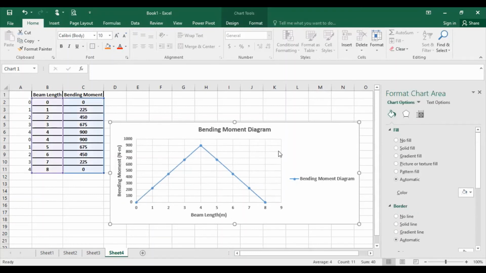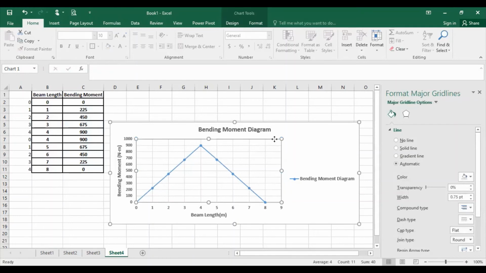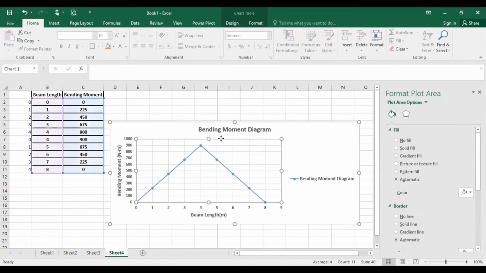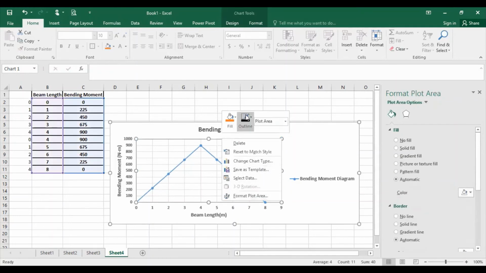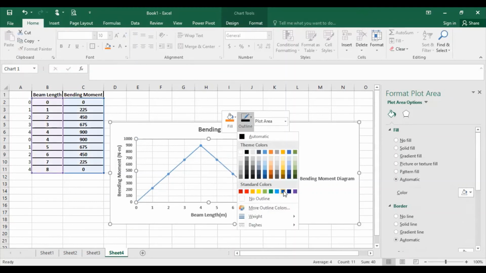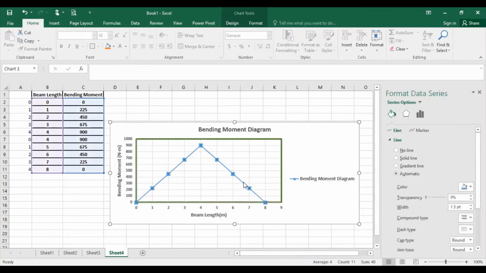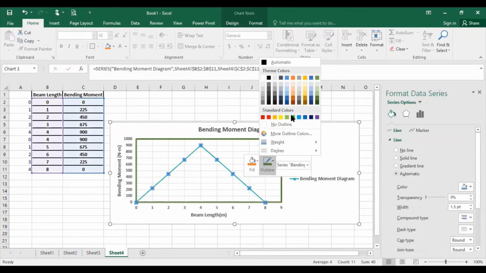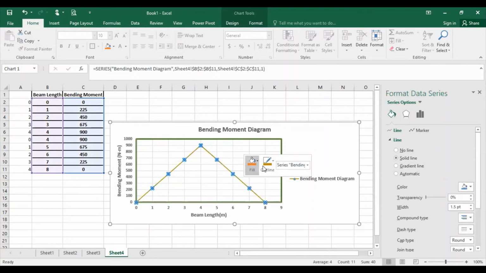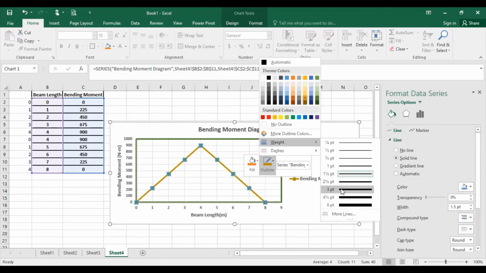It is already this, and I am going to make this outline a different color. I can take it, and I can increase its weight, like this. So what we have to do is change the color of this outline. You can take this one, and we can increase the weight of the graph like this.